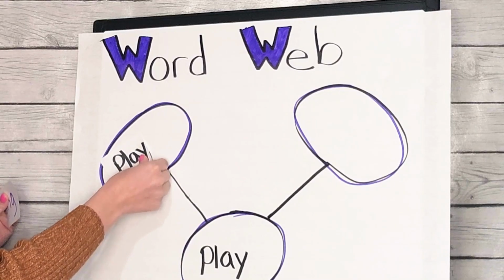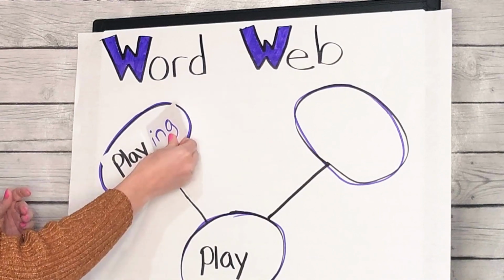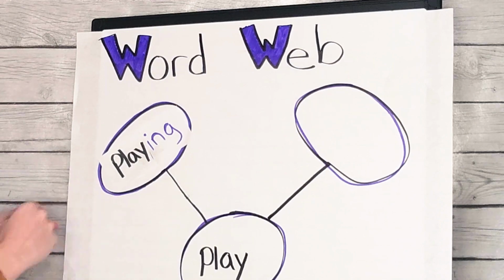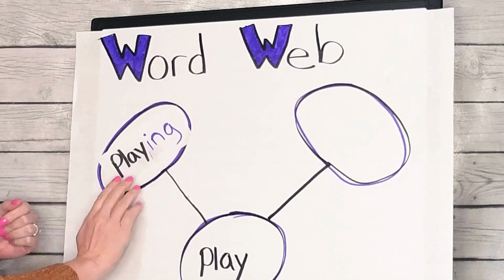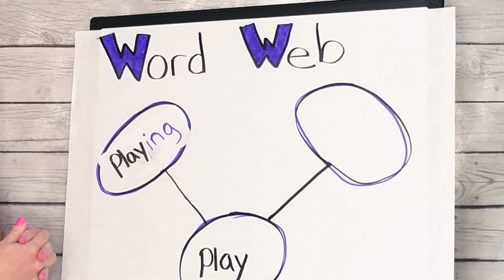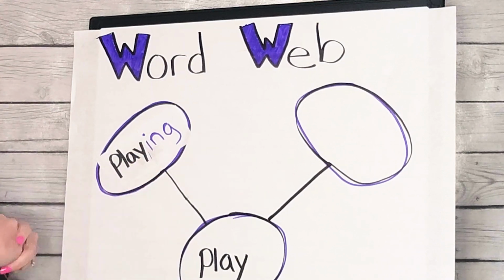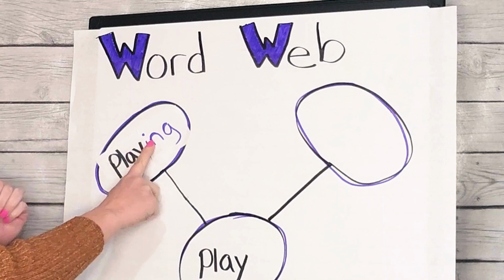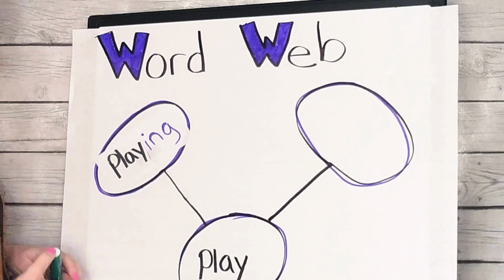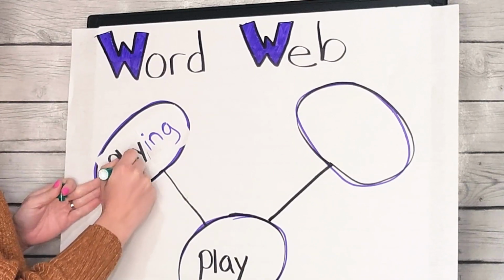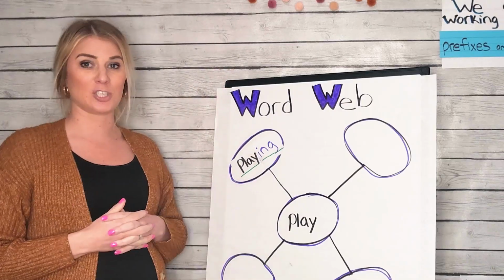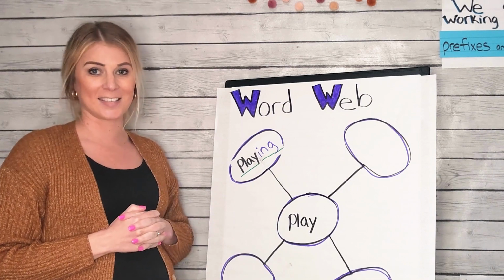Here's my base word, play, and I'm going to add my suffix ing. Now this changes the meaning of the word. Now it says playing. I still see my base word, and I know that play has to do with doing something fun, and ing changes this into the word playing. When I add the suffix ing, it still makes this word a verb, an action word, so I'm going to underline it green. Playing in Lake Michigan was one of my favorite memories as a kid.